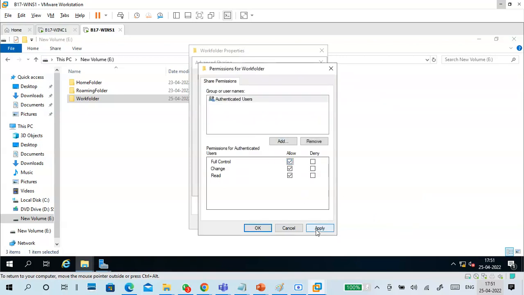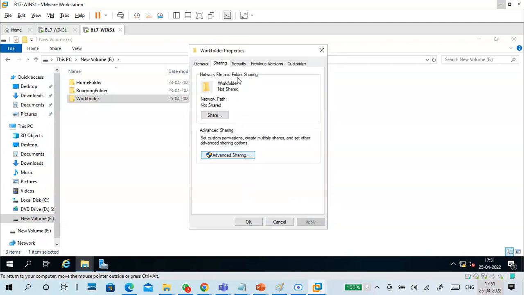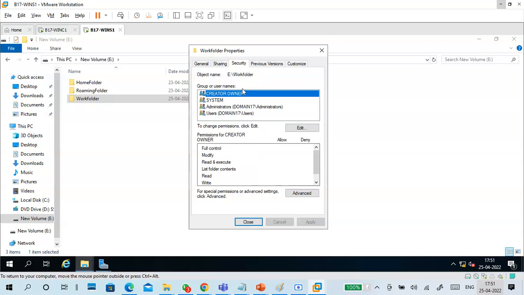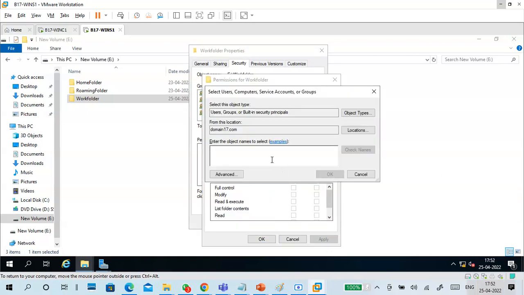Okay, and full control. Apply. Okay. So sharing is completed. Then go to security. Edit. Add. Again,